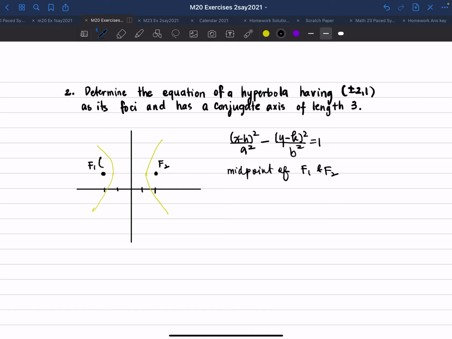F1 is negative 2, 1. F2 is 2, 1. So obviously that is, hindi siya obvious. Sige, gawin na nga lang natin. So we add, divided by 2, 1 plus 1 over 2, or 0, 1. So this is our HK. So this is the HK that we want. So that is the center of your hyperbola. You already have HK. And then next,